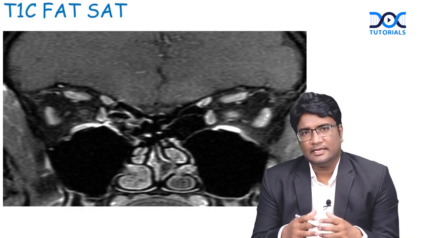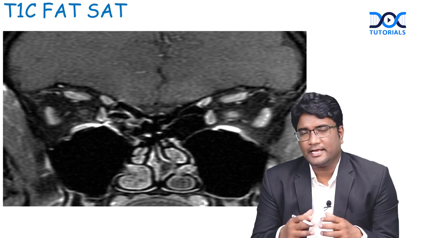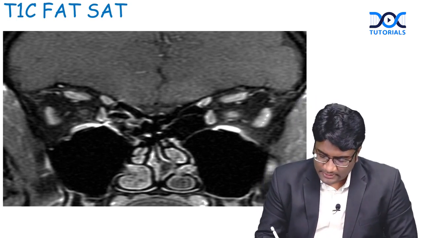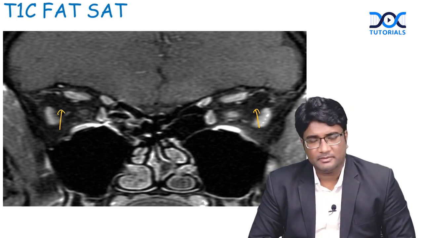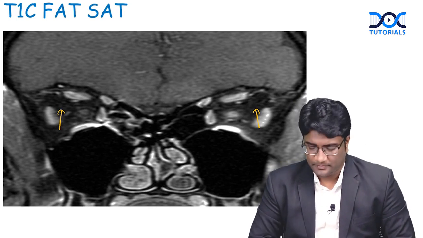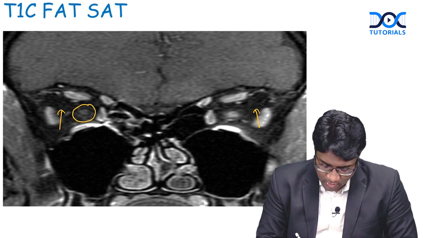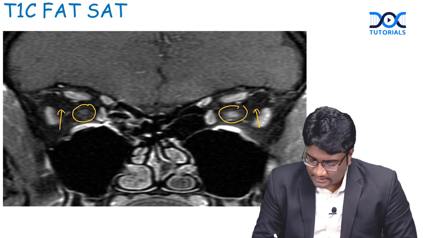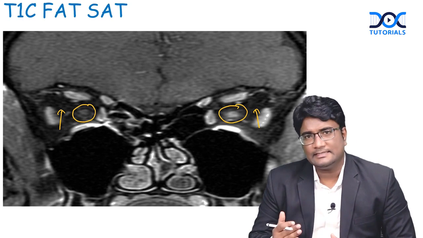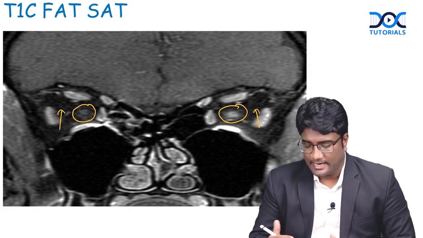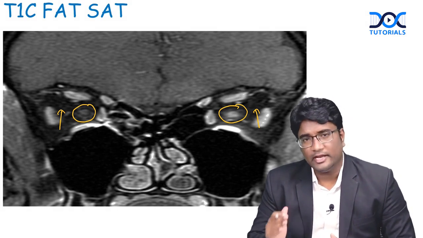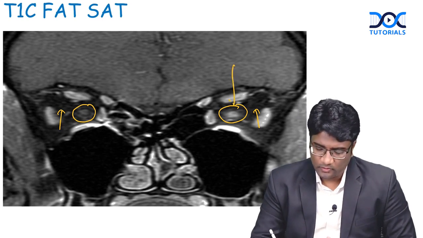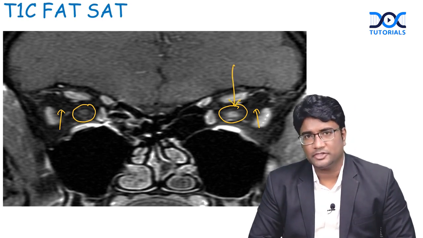Now look at this image. Here, this is a T1 contrast fat saturated image. The intraorbital fat is suppressed, so this is a fat suppressed image, T1 coronal fat suppressed image. And if you appreciate, this is the right optic nerve region and this is the left optic nerve region. You are clearly seeing that the left optic nerve appears more swollen, edematous, and shows this intense contrast enhancement. So this is your left optic neuritis. This is how we detect left optic neuritis in our patients.